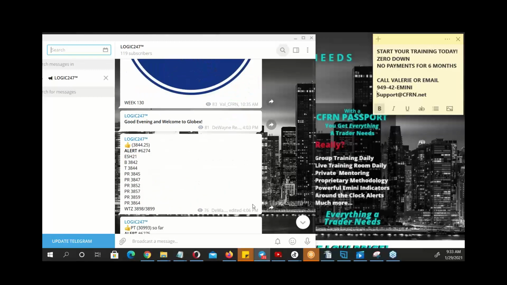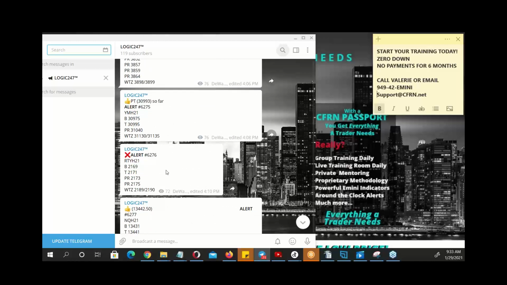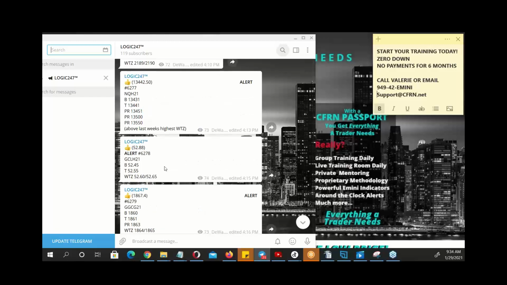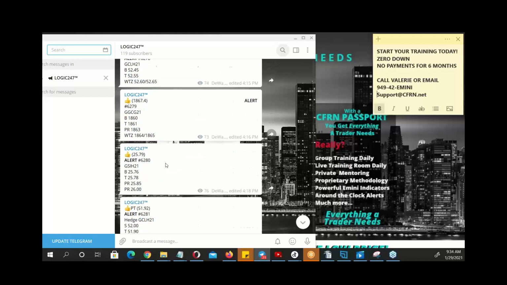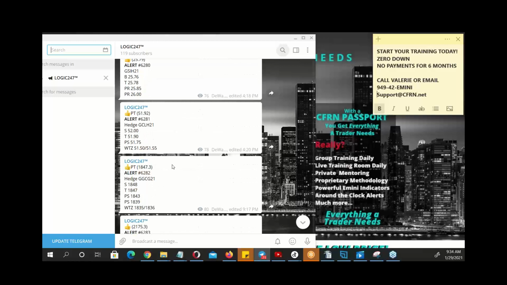So Sunday night, now the time you see here is Mountain Standard. Telegram is going to read the clock on your computer. So if you're on the East Coast, it'll say East Coast. If you're on the West Coast, etc. So 6 minutes after the markets open Sunday night, our first alert hit the channel. S&P, Dow, stop out on the Russell, long on the NQ, long on crude oil, long on gold, long on silver, and short right here on crude, followed up by,